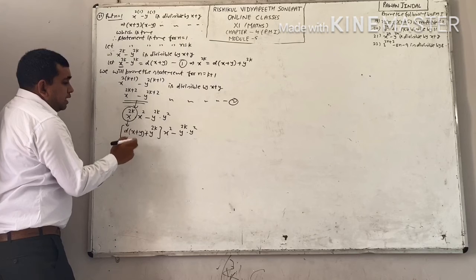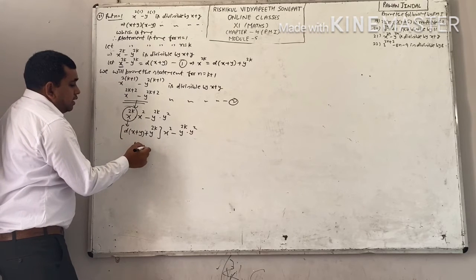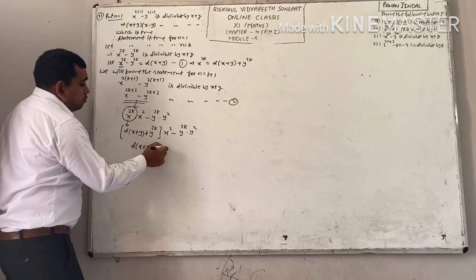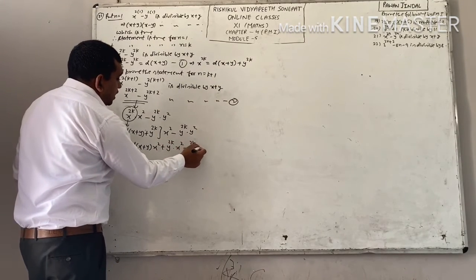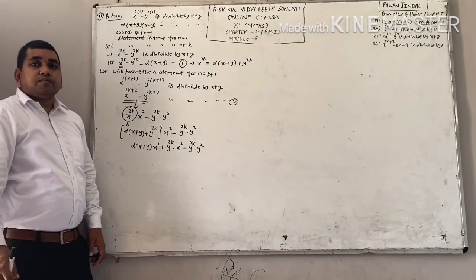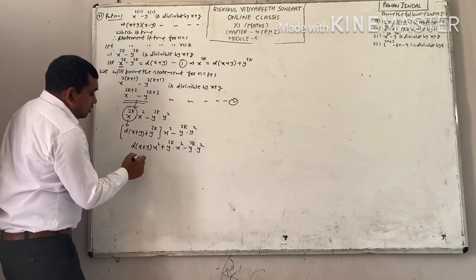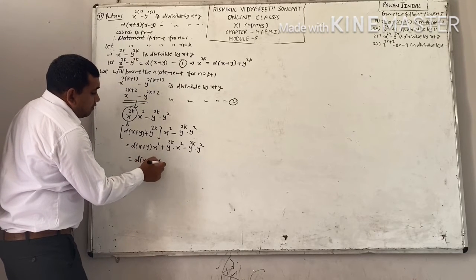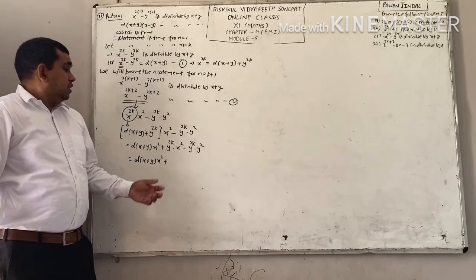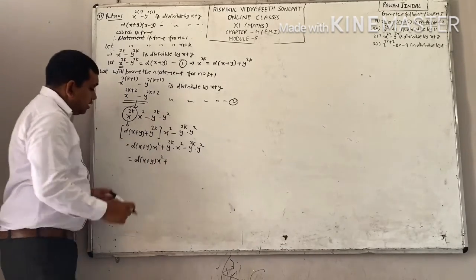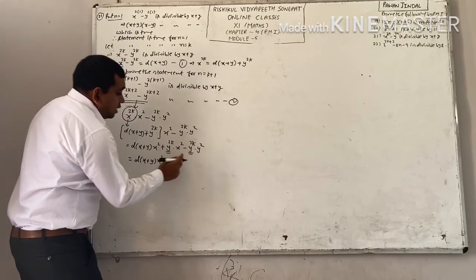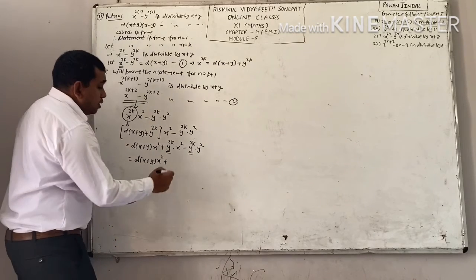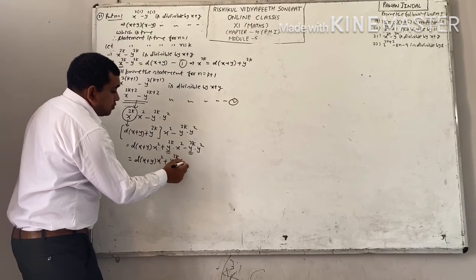Now open the bracket, multiply x square inside: D into x plus y into x square plus y raised to power 2k into x square minus y raised to power 2k into y square. Now, this as it is, because we have to make one factor x plus y. How will you make? Here we are already having x plus y in each of these two terms. But in these two terms, there is one term that is common, y raised to power 2k.